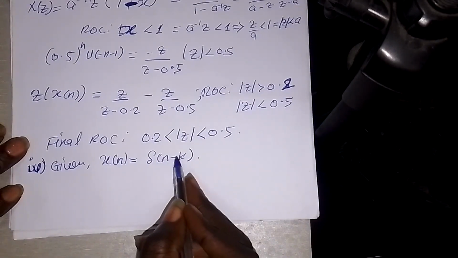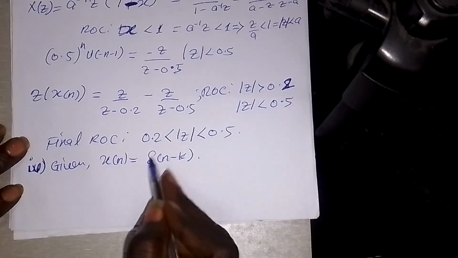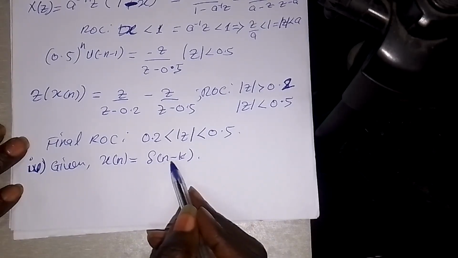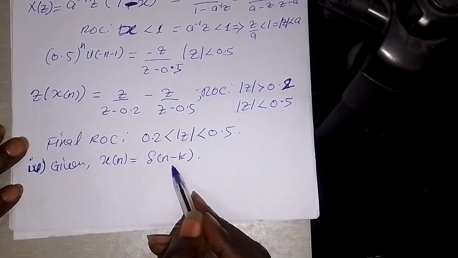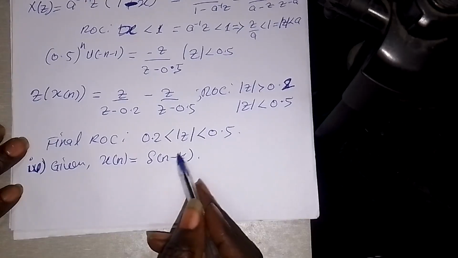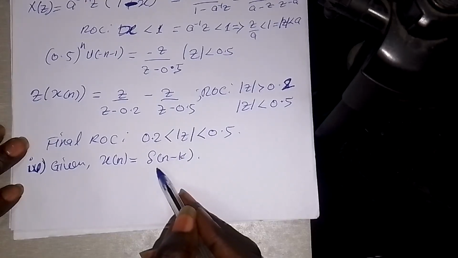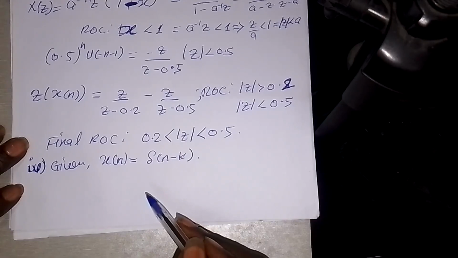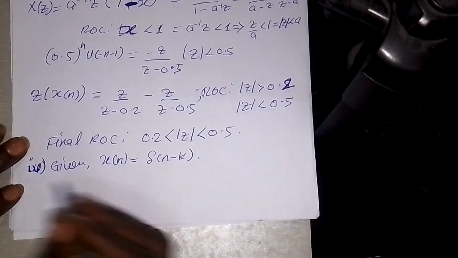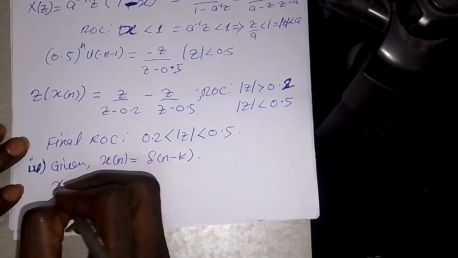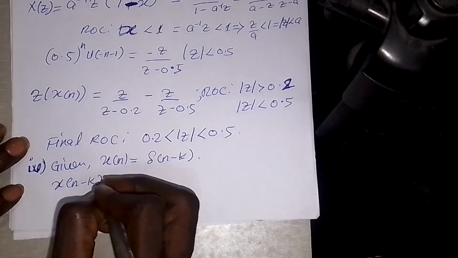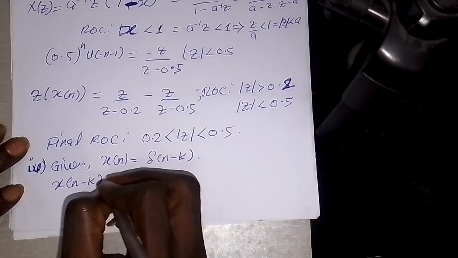To be able to solve this one, you can refer to the properties of Z transforms. You see that the time, is it a time shifting? I think yes. Time shifting property, because this is a time shifting sequence. If you apply that one, it will work for this particular example that we have here. And what is the time shifting property? In the time shifting property, we had x of n minus k, which has a Z transform